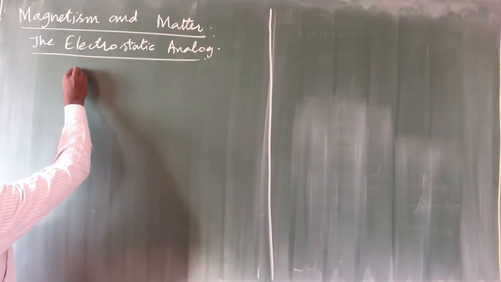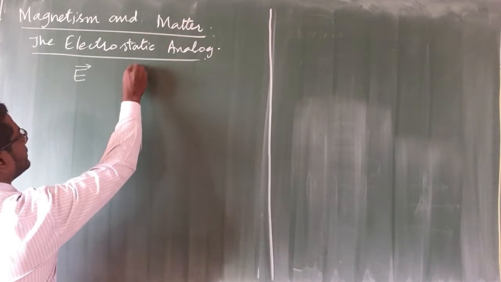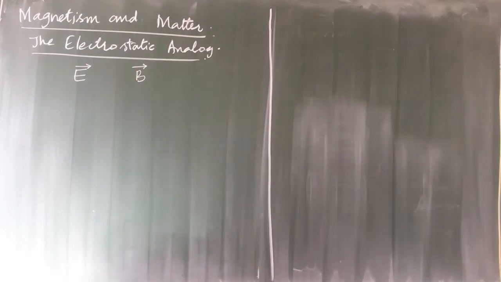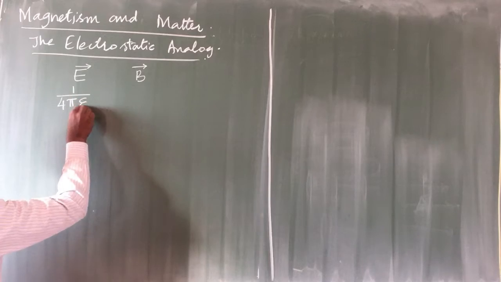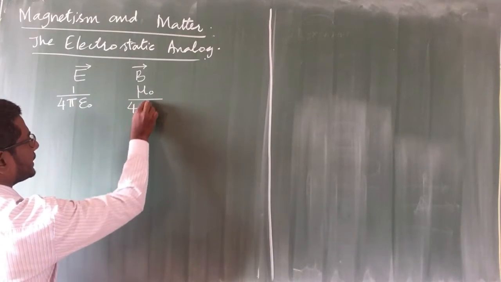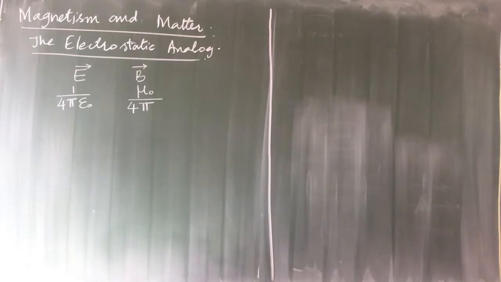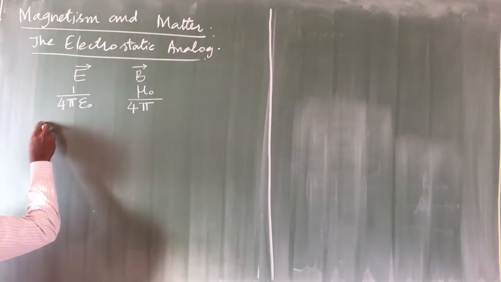The first thing, we were describing the electric field by an E vector, the magnetic field is described by a B vector. That is the first thing. Then the constant in the electric field was 1 by 4 pi epsilon naught. In the magnetic field the constant is mu naught by 4 pi. Then the next thing is the field equivalent, that is the magnetic field on the axis,